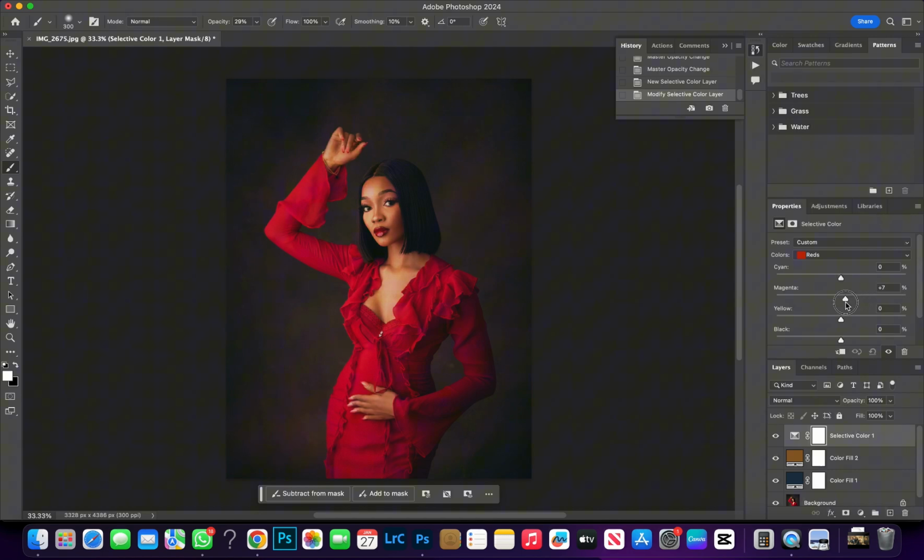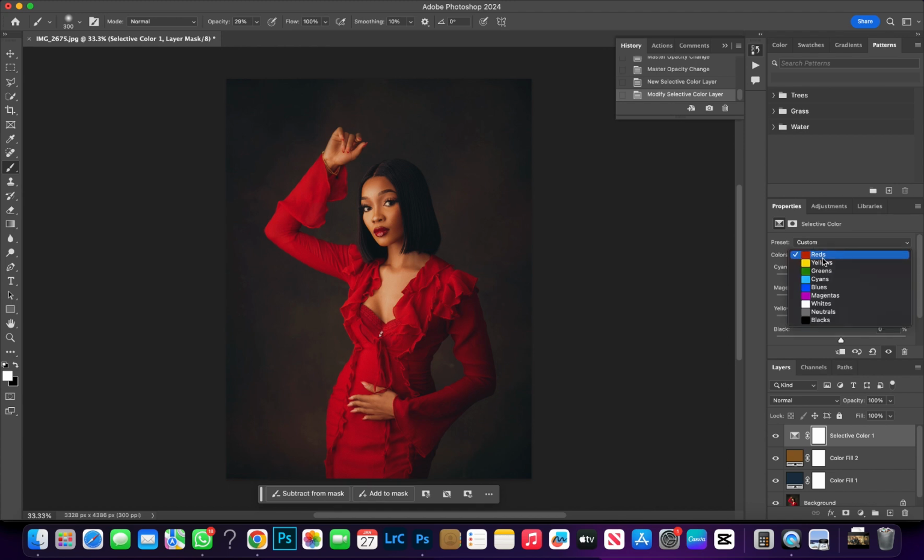Hell no. Okay, so I'll just take it a bit further and leave it here. Let's see what cyan looks like. No, I don't think I'll be needing this. Let's go down to yellows. I love what I'm seeing here, so I'll just take the yellows down to +8, and I think we're good with this. The image is looking really nice so far,